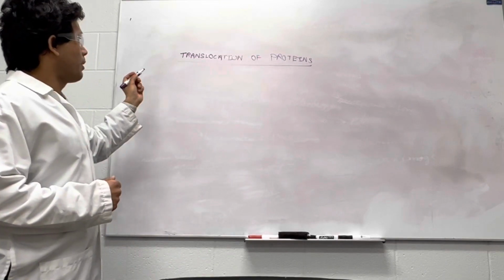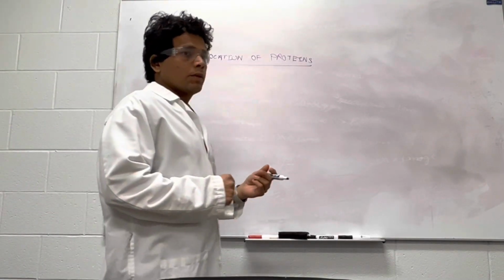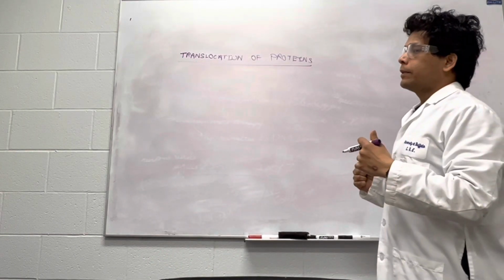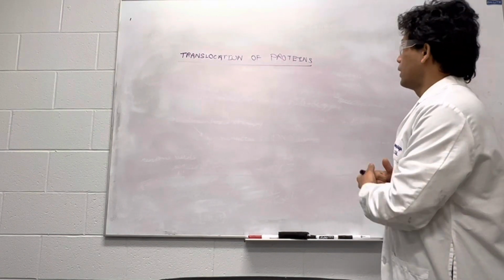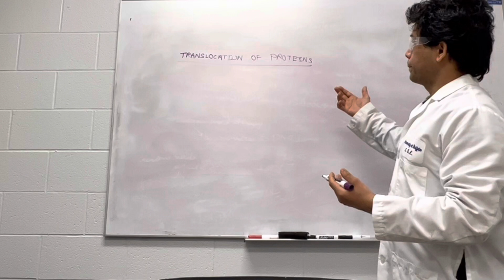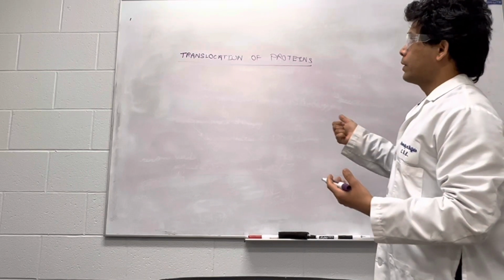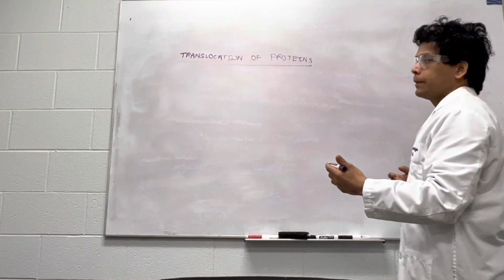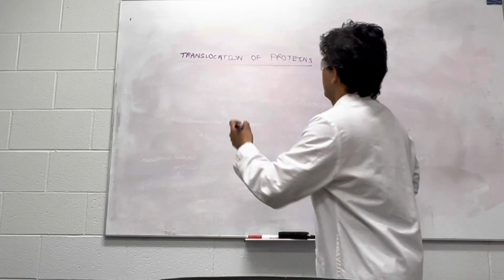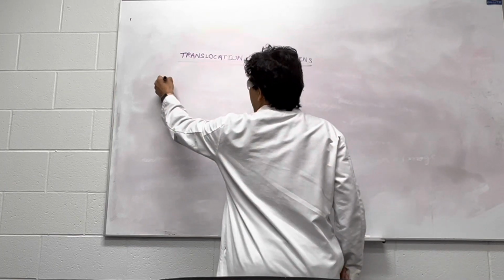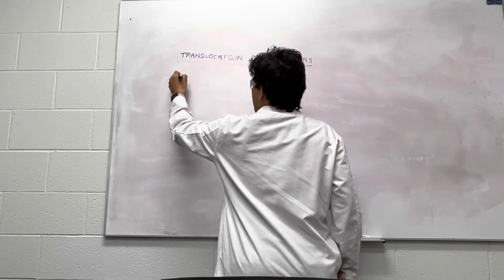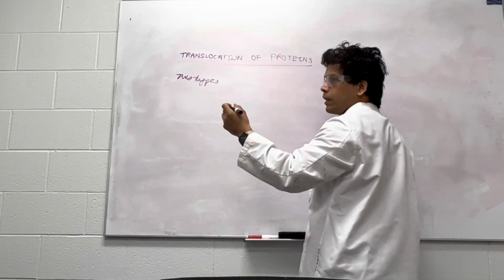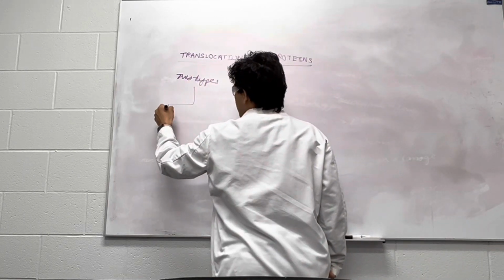In this video, we will discuss translocation of proteins. Before going to the topic, it is good to distinguish proteins in a way that helps to understand this topic in a much easier way. Proteins are categorized into two types related to translocation. One is soluble protein